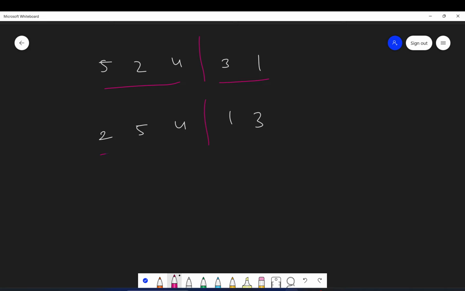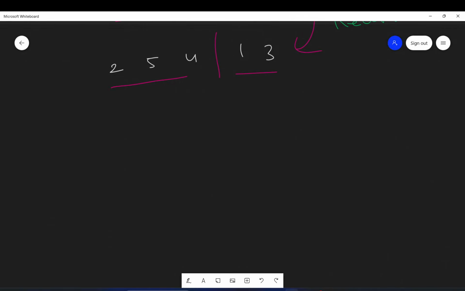Individually they are sorted. This will happen through recursion. I will show you later how this happens, but I want you to assume as of now that we have got something like this via recursion. Don't worry, you will understand how this happened. But I want you to assume it as of now.